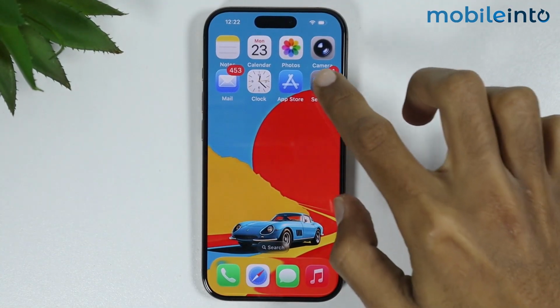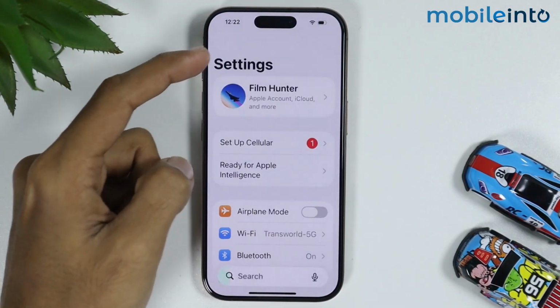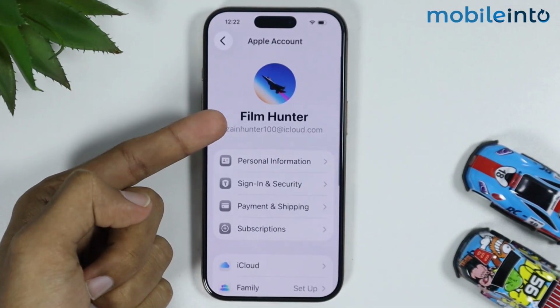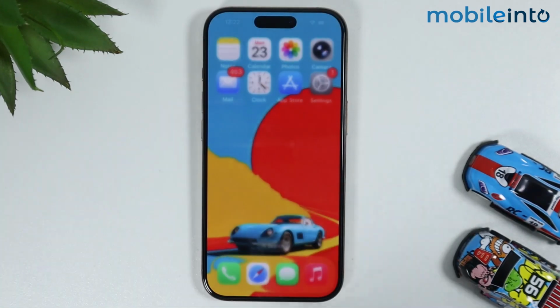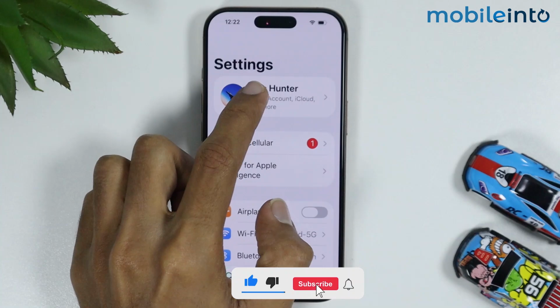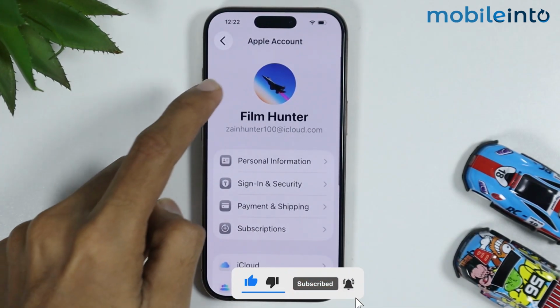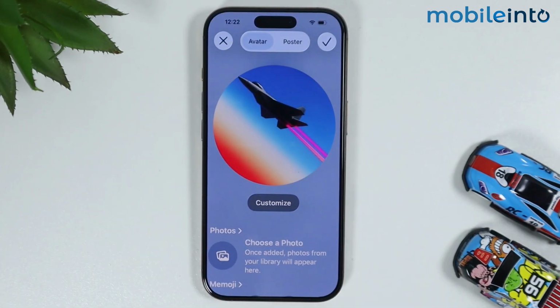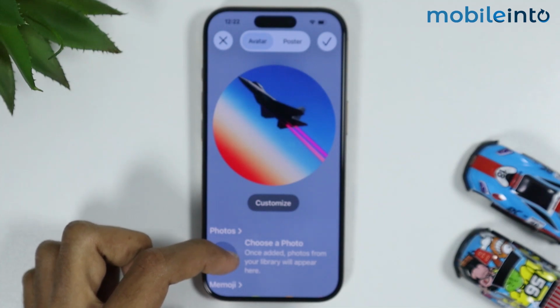In this video, I will show you how you can change the profile picture of your Apple ID on any iPhone. Now, to do that, first of all, just go to Settings, and under Settings, just open your Apple ID. Then tap on your profile of your Apple ID, and from here you will be able to change the profile